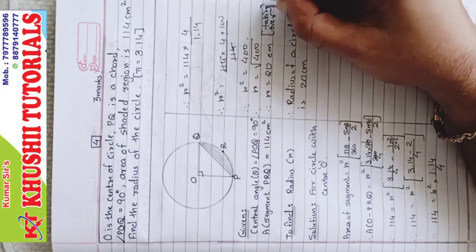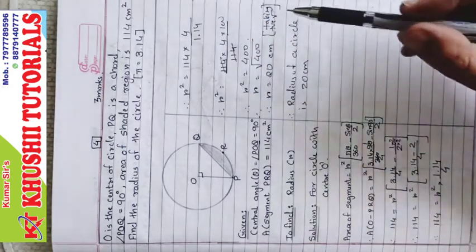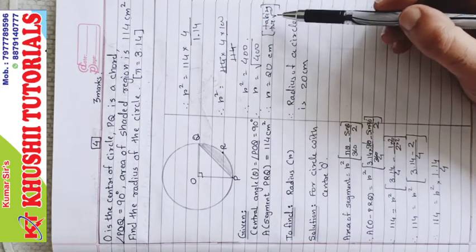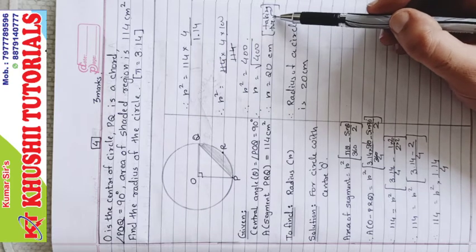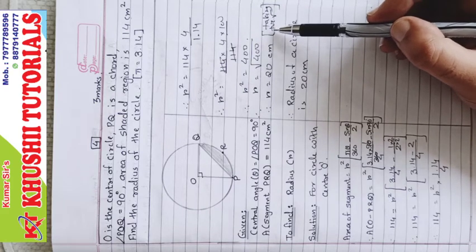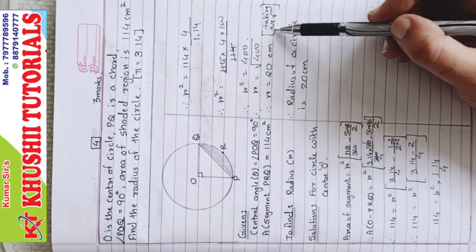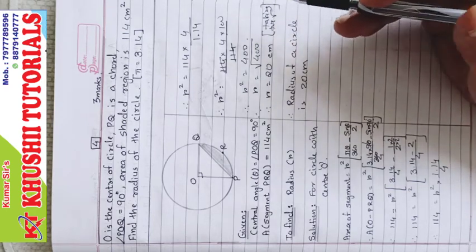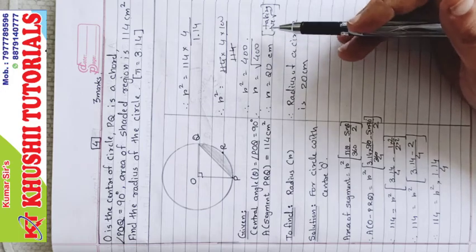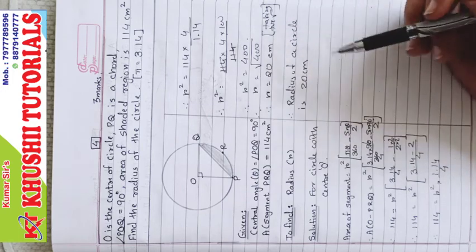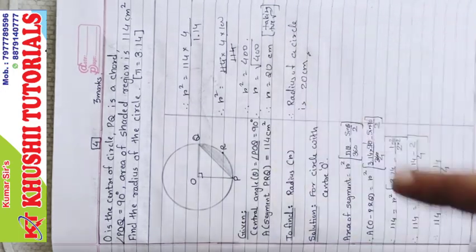positive square root on both sides. See, I am writing short form. That doesn't mean you have to write short form. In exam compulsory you have to write full form. Positive square root, the full form you have to write. You cannot use such symbol. For explanation or for practice it is okay. But in exam, no. They will cut your marks for this shortcut. Okay, and this is the answer.